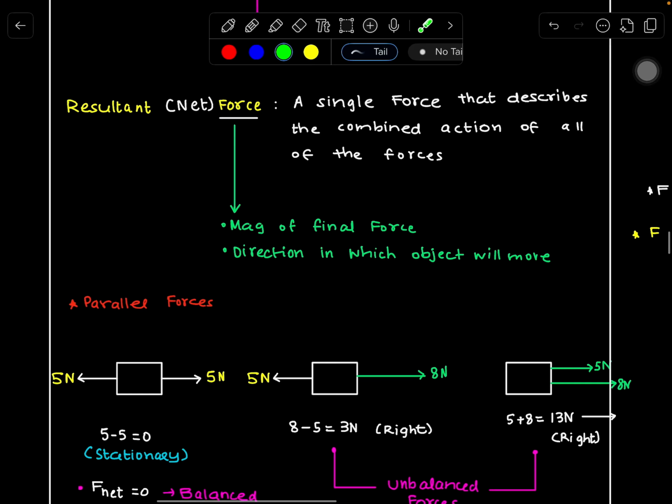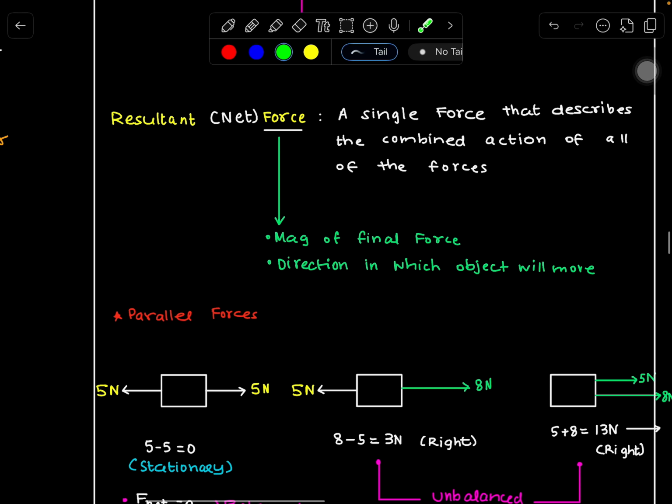Anyways, so how do we find net forces? First of all, what is a net force? A net force is a single force that describes the combined effects of all of the forces on an object. Okay? Imagine you have a box of candy and